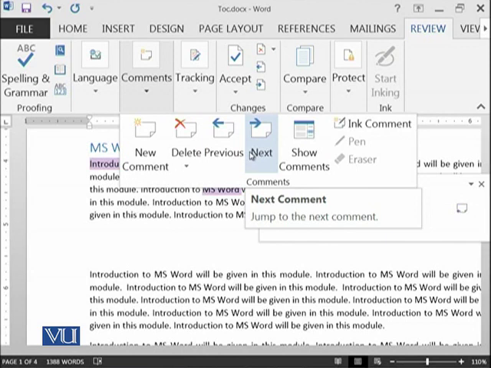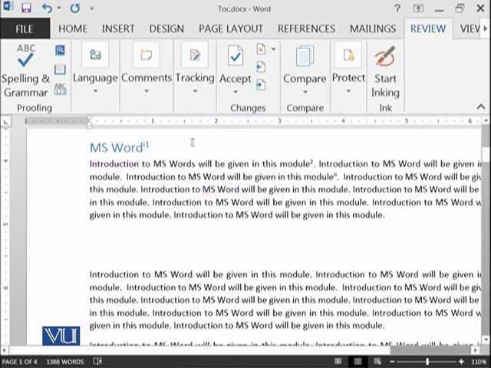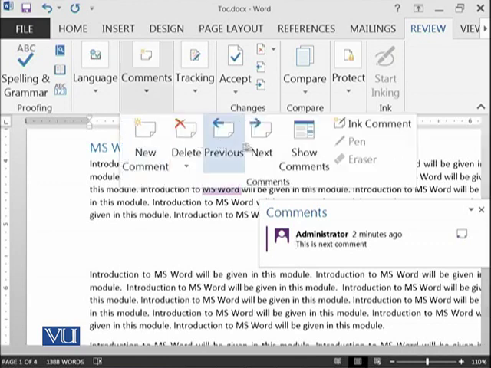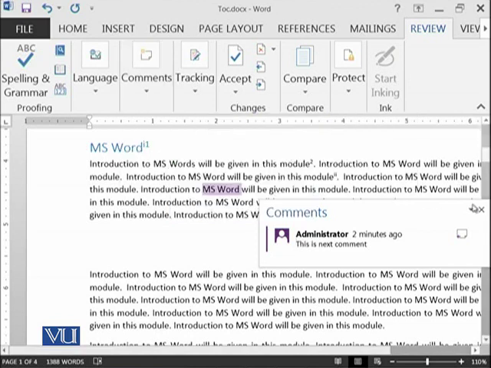And if I want to delete any of the comments, at the moment here we are, so I have deleted the comment. Let's see, is there any comment? Yes, the second one is available. The first one has been deleted because it was being focused at the time when I pressed delete. So new comment, delete, previous, next. There are different options in delete as well. For example, we can also delete all comments at once.